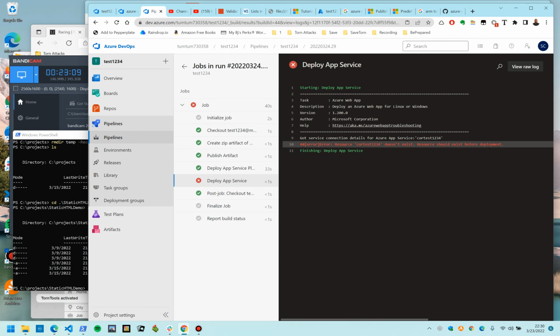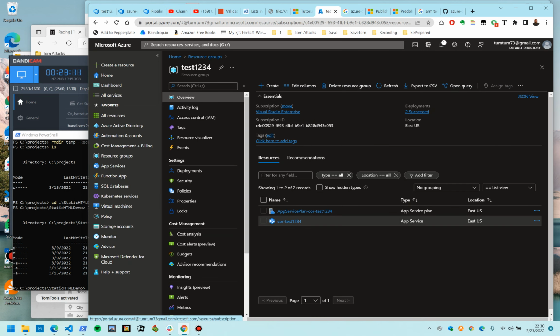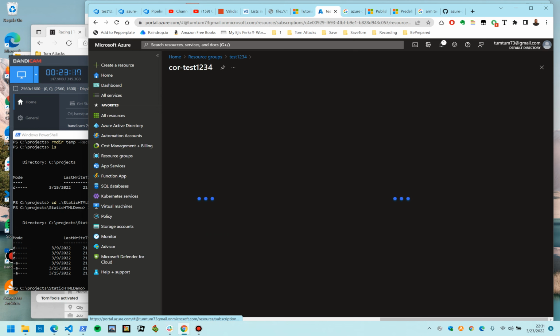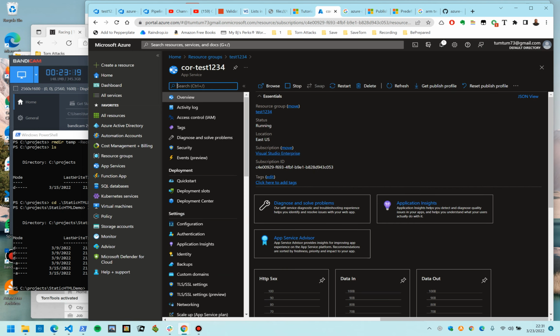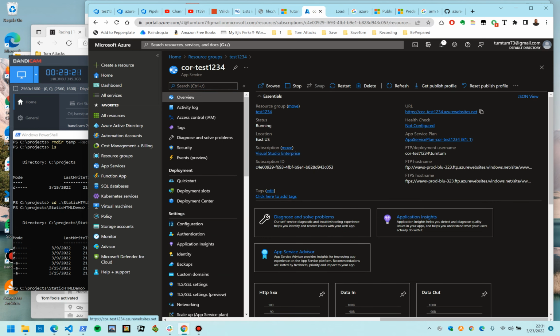As I was just talking about idempotent, so we don't get errors, we got an error. Let's see if maybe there was a timing thing. One of the things I want to look at is, did the code deploy? So let's pull up the website and see if our website is published there, or is it the default Azure website? I think it just took time,